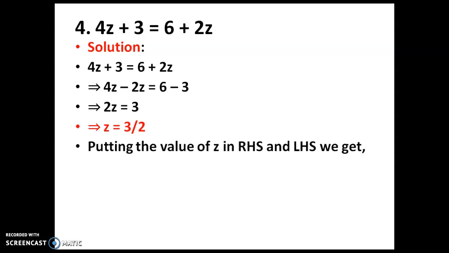Next we have to substitute this in the given equation. So 4 into 3 by 2 plus 3, this is the LHS. Then the RHS is 6 plus 2 into 3 by 2. Here, after simplifying,